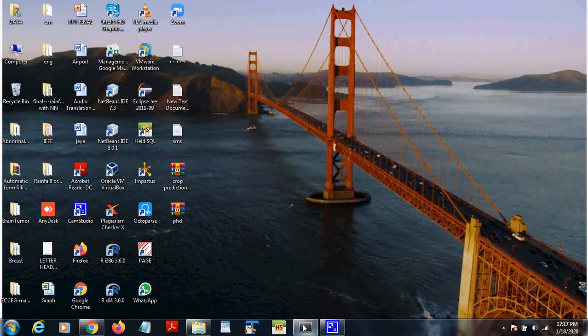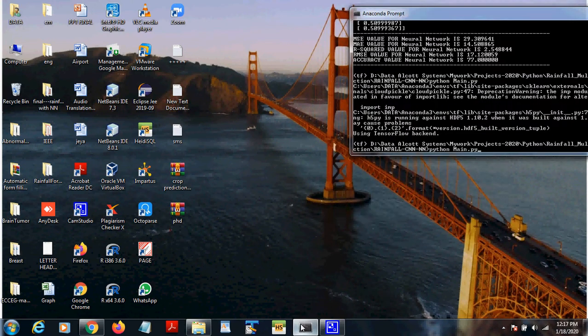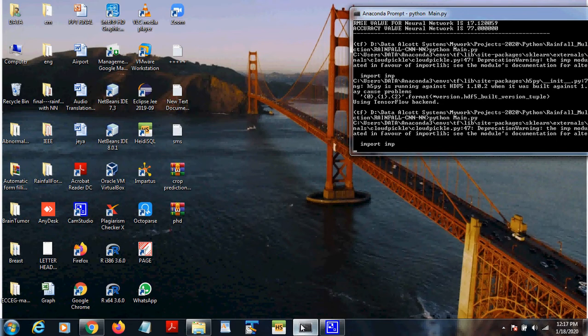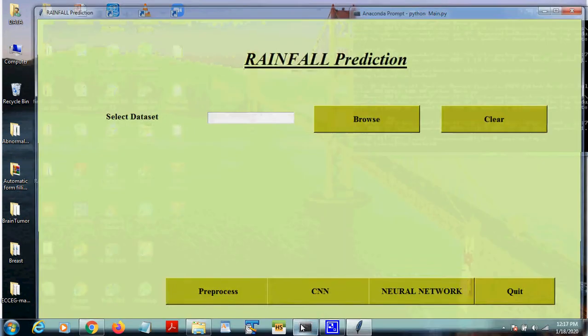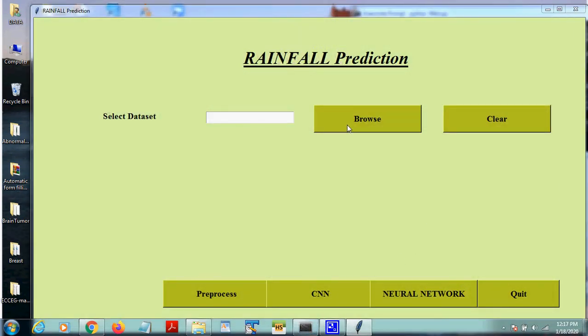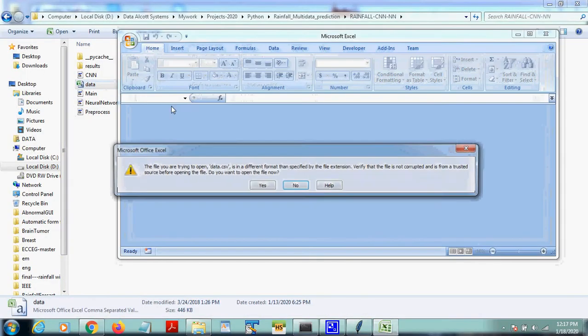We are going to check the demo for rainfall prediction. Python main.py, this is the main file. We have to browse the dataset. The dataset is monthly rainfall data